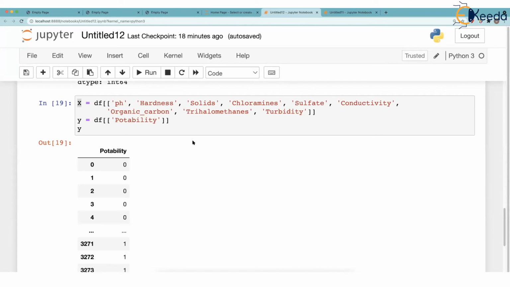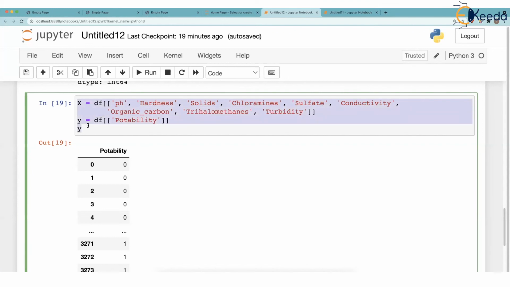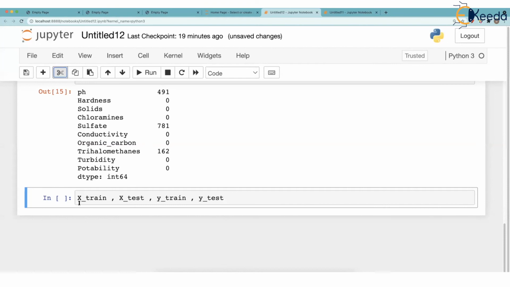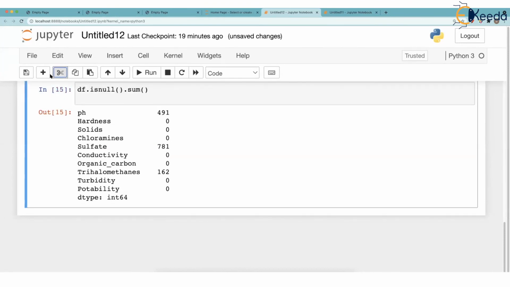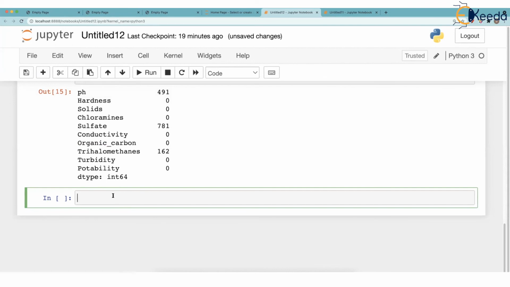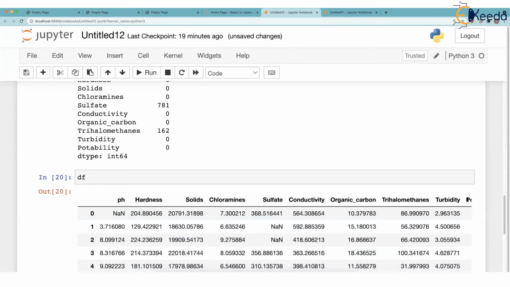I hope you have got everything that I explained till now. So here is my question. Let's not work with X and Y. This was only an exercise I took. We will work with a data frame. But this was important because when we build machine learning models, we will break the data frame into X and Y, but not now. Now it is not useful to us. So I'll delete that code and I'll delete this code also. But remember, what I explained is very important. So this is our data frame, the entire data frame intact with potability also.